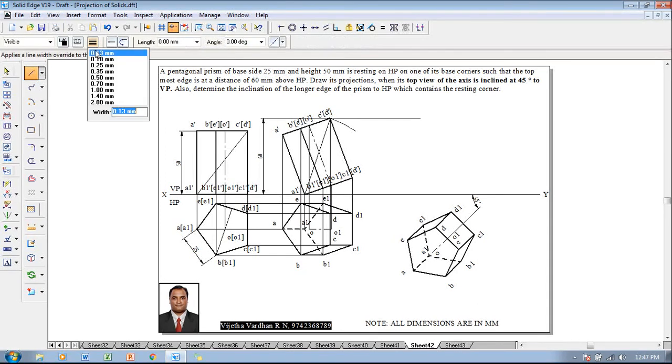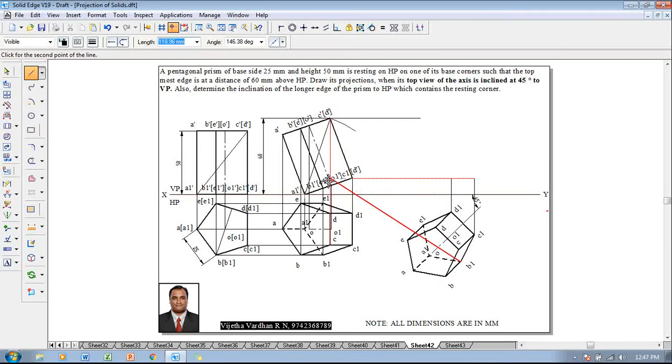For which, using a line command with a thickness of 0.13 and a continuous line, start with the right extreme corner. The right extreme corner is C1. So now let me connect C1 to C1, that is the bottom base. Along with C1 we have D1, so let us project D1 also. After which we have B1 as well as E1. So B1 is up to this height. Now let me get the position of B1 to B1. Along with B1 we have E1, so now let me connect to E1.